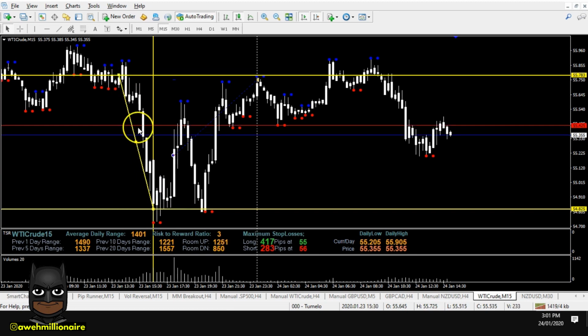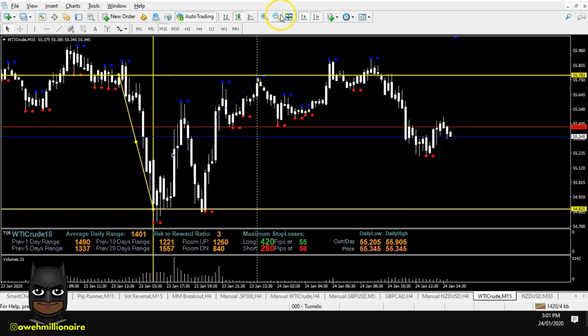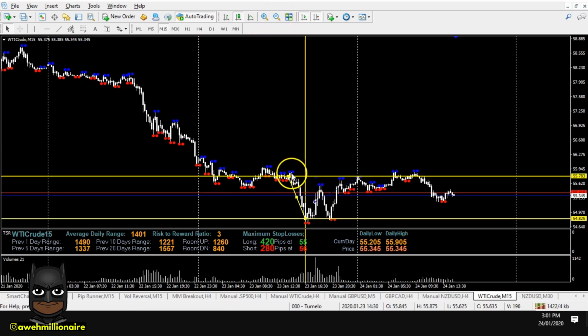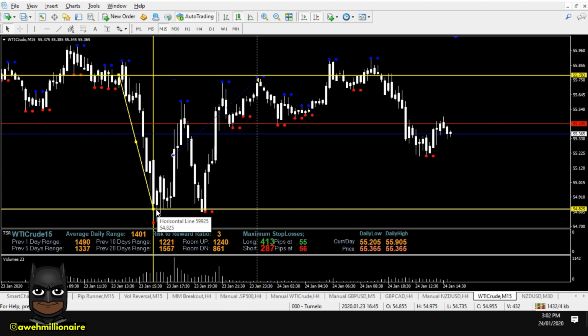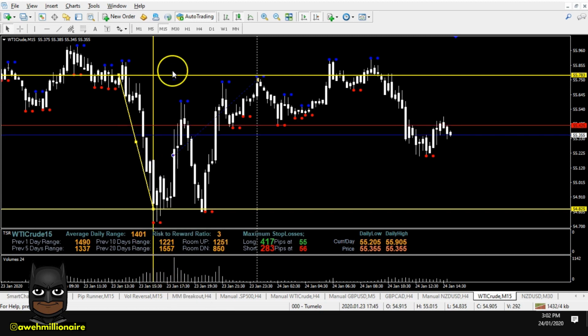We know amateurs see price go down and want to be selling, because that's how dumb traders think. And obviously we can already see how long price has been going down. So dumb money is already selling the crude oil over there. But we're not dumb traders. We are smart traders. We know where the smart money is at. So price came and tested the demand level with perfection, and when I say perfection, I'm saying high volume. So that was the clue, the confirmation to enter, and this was right before the news was released.